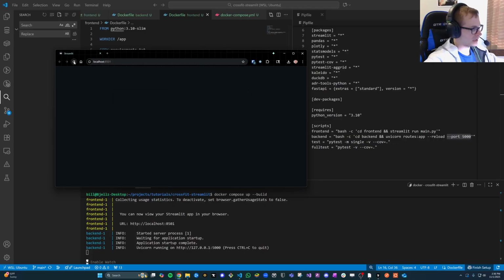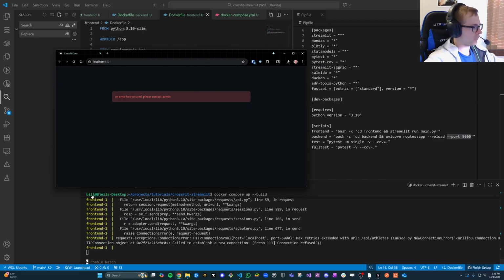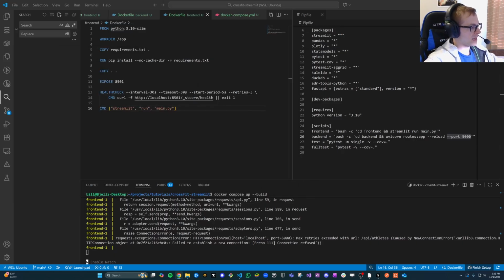So if we refresh the page, remember that when we first made this, we had it print something to the console if this was an error. So we refreshed once and didn't see anything. If we refresh again, still don't see anything. We refresh a third time, then we start to see something. So the reason why this is occurring is because, well, not the error specifically, but why it only appears the third time